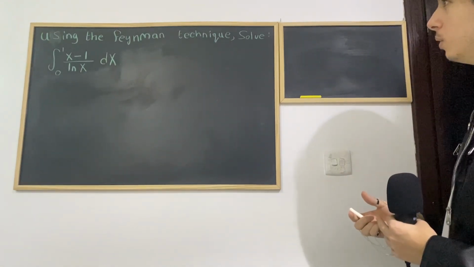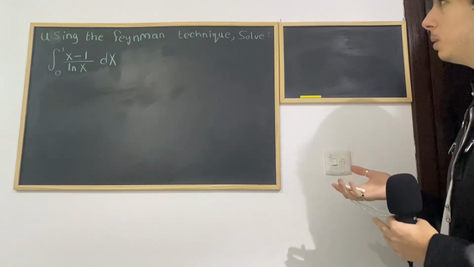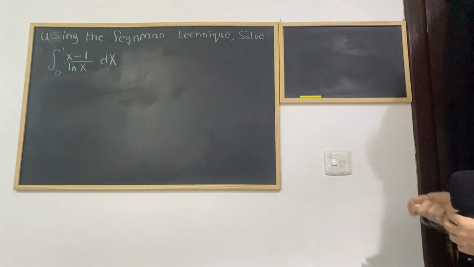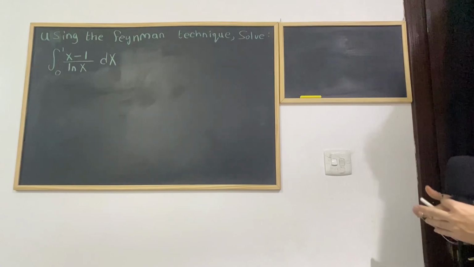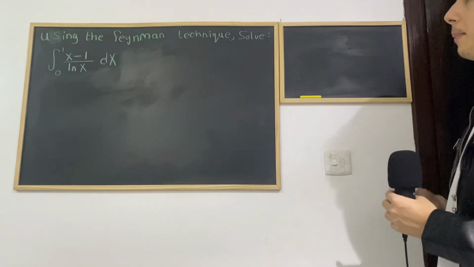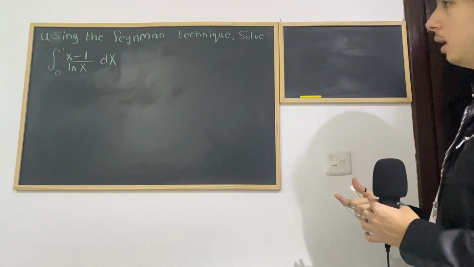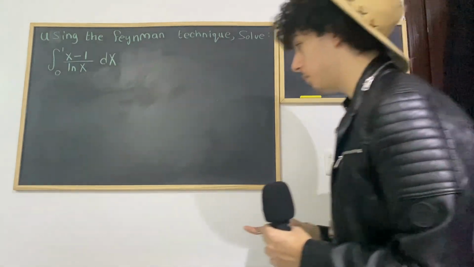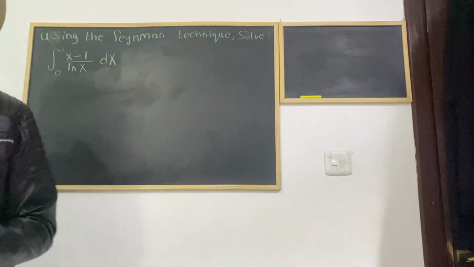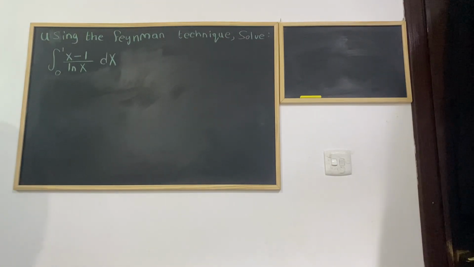It's quite a controversy on whether it should be called the Feynman technique or the Leibniz technique. And that is because Feynman uses the Leibniz integral rule together with functions to add a parameter inside the integral. And then by differentiating said integral, it simplifies into a piece of cake anybody can do. So, I believe the best way to showcase or teach the Feynman technique is by doing an example and demonstrating